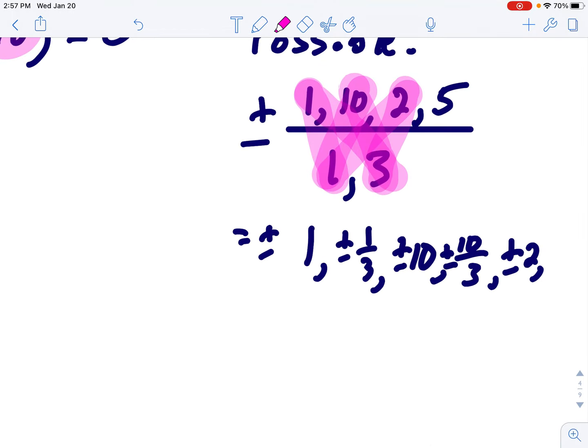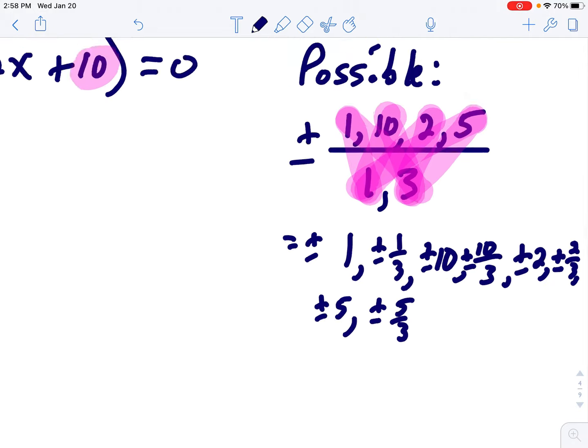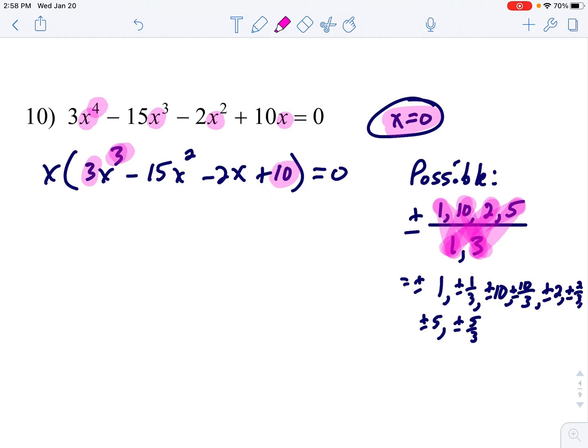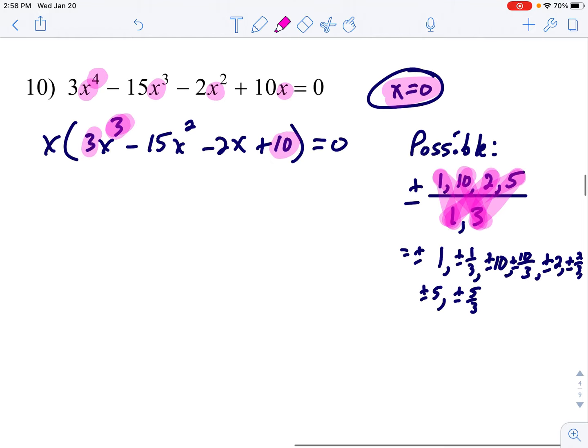2 over 3 plus or minus 2/3. Look, I'm running out of space. 5 over 1 plus or minus 5. And 5 over 3 plus or minus 5/3. So there are 3 zeros left, and we have 2, 4, 6, 8, 10, 12, 14, 16 choices, 16 possibilities to choose from. This is where this type of math gets to be really not fun